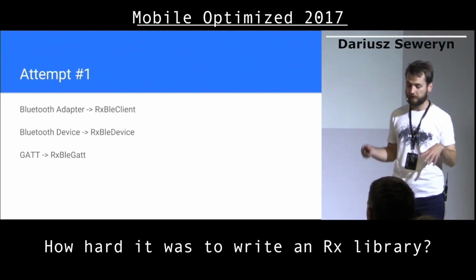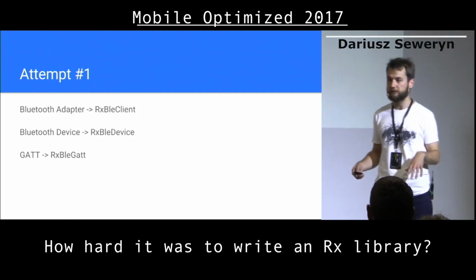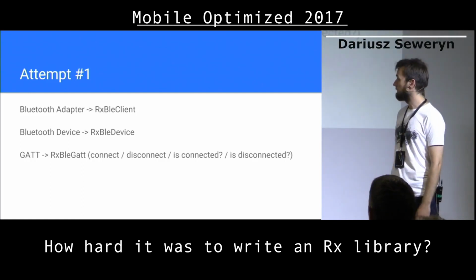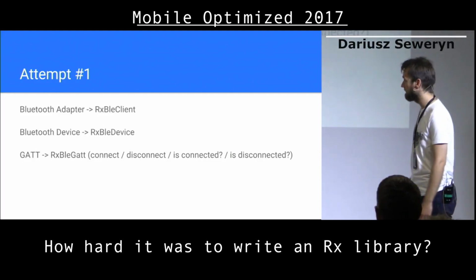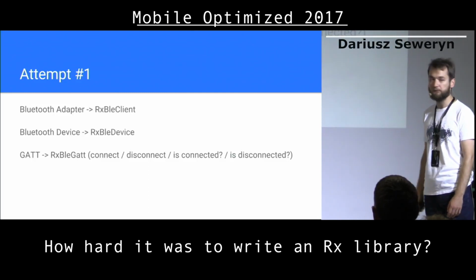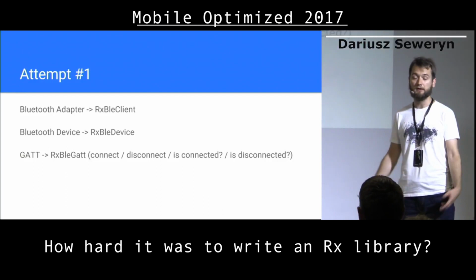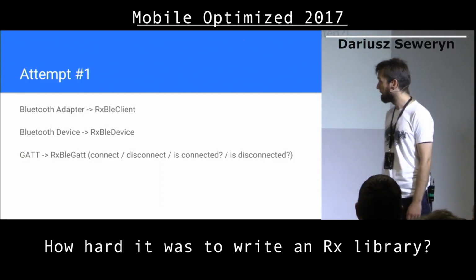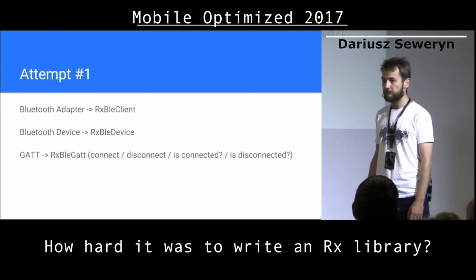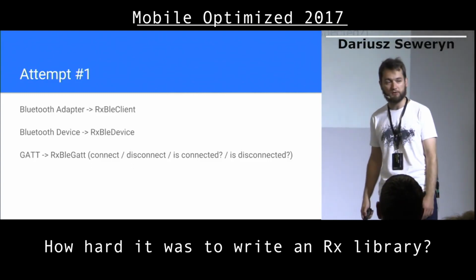I was able to squeeze some more information, make the API more functional, but still I would get a Bluetooth GATT packaged, wrapped, but still it can be in different states. It can be connected, disconnected. I would need to connect or disconnect it. This is something that needs to be managed by the user. And the more states that the user needs to manage, the more prone the application is to have a bug.